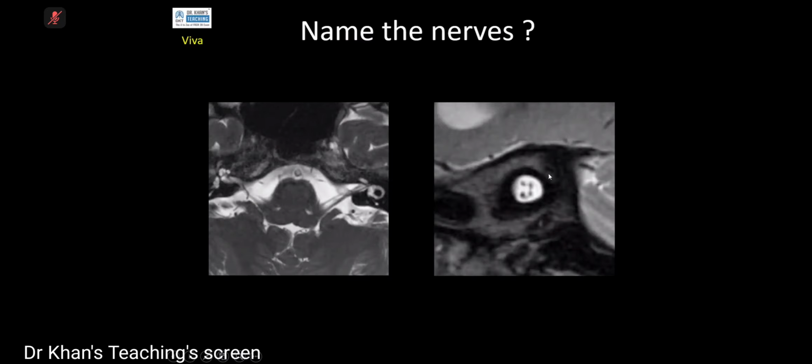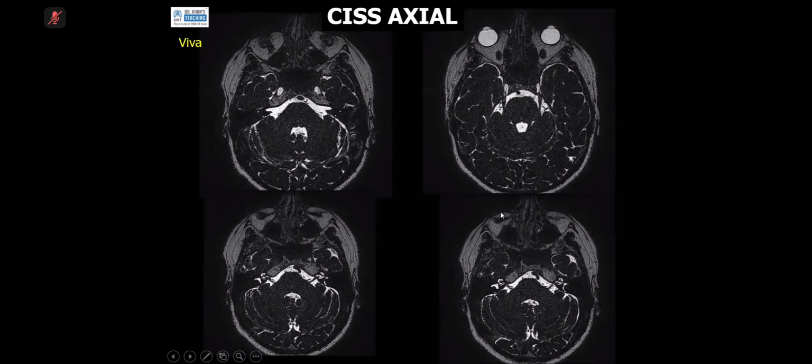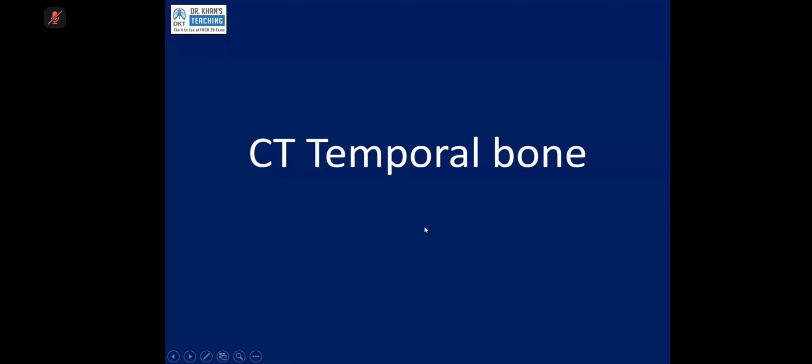This is an oblique sagittal scan. Orient yourself, first of all. This is the cerebellum, and you can see four dots. And this is how the Viva started. What is this? What is this? So this is the facial. This is the cochlear. This is superior vestibular. This is the inferior vestibular. And of course, on the IAM, I'll go through the anatomy on the case, but I want to show you